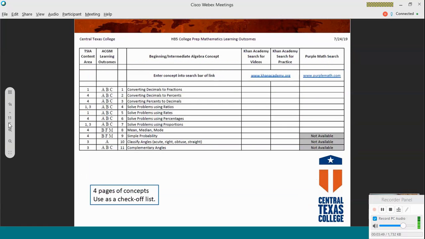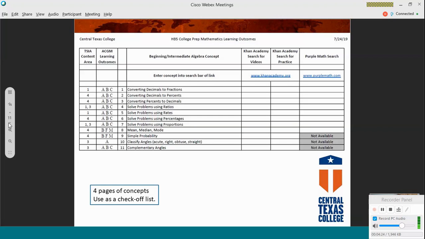All right, so this is our file. We are thinking about this as being a checkoff list for the students. In the first column, we have the TSI assessment content area, for those 4 areas. So we have, again, the one is elementary algebra, intermediate algebra, and so on. So you can see based on those proficiencies, or lack thereof, you could circle the concepts that are tied to those and tied to the individual student report.